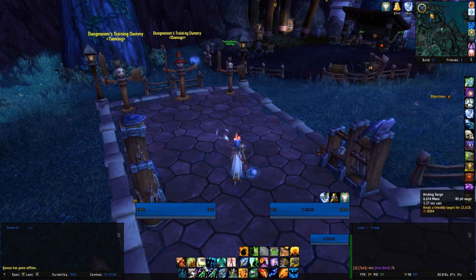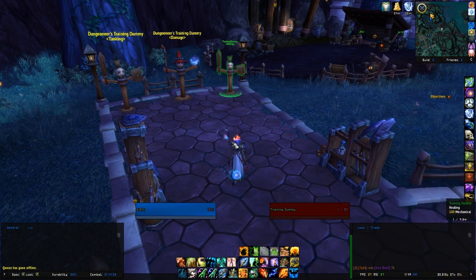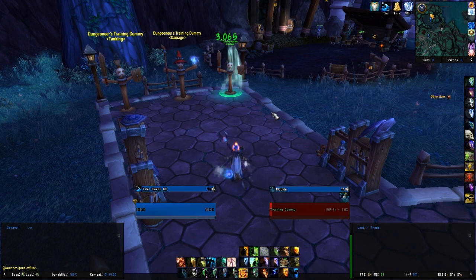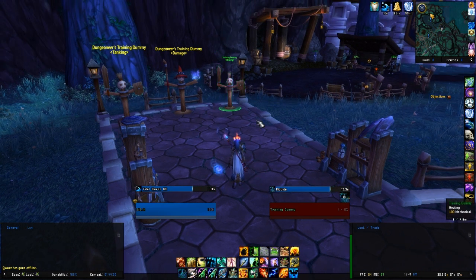Riptide on everybody, Healing Wave. When it gets a little dicey and you need it quicker, you throw some Healing Surges on people. The other big thing is always make sure you have Earth Shield on the tank at all times and keep refreshing it. So for instance, if I just throw Riptide on the healing dummy here, you'll see it's healing 2600,